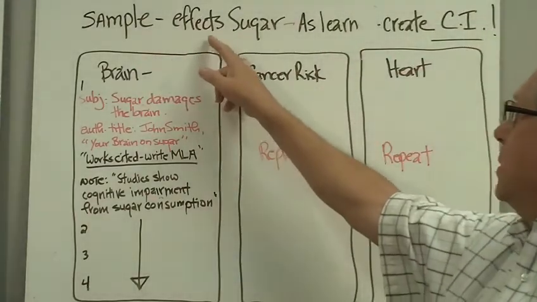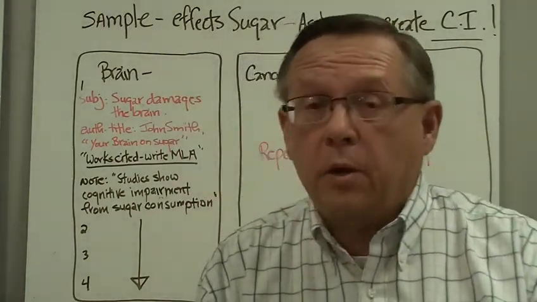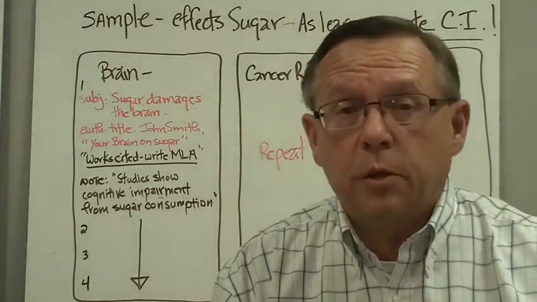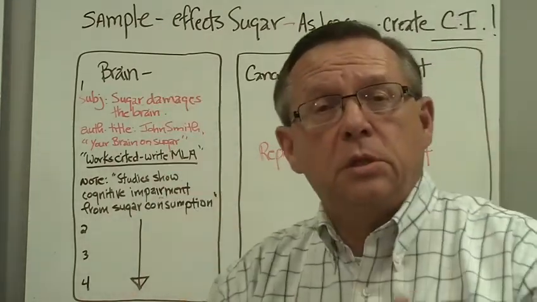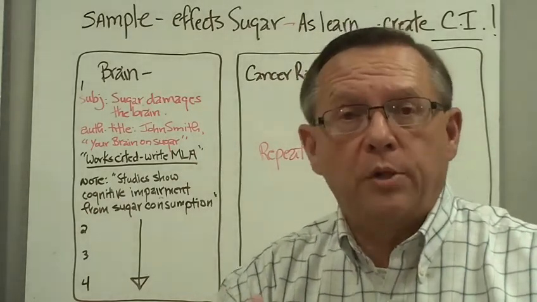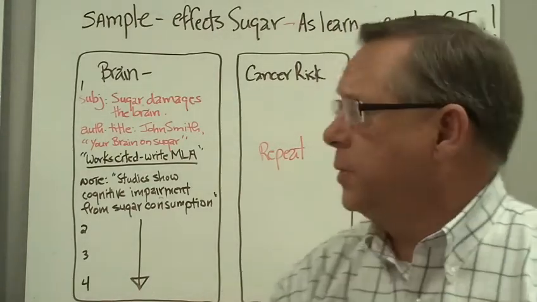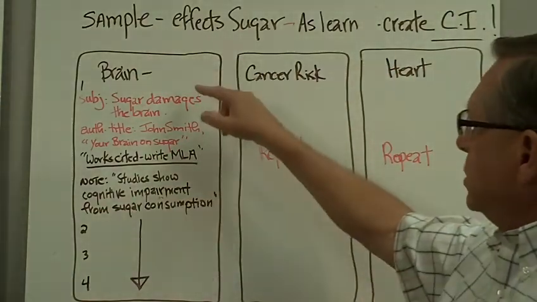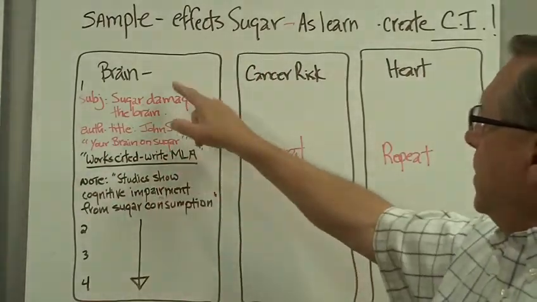Maybe I'm going to talk about the effects of sugar. The purpose of my speech is to inform my audience about 3 of the dangerous effects of consuming too much sugar. As I begin to learn and read, and I look in journals and magazines, I look in newspapers, websites, I begin to find all kinds of good information about how harmful sugar is. So I begin to see that there's a lot about how it damages the brain. So I go into Microsoft Word or whatever your software is, and I create a page and I put brain